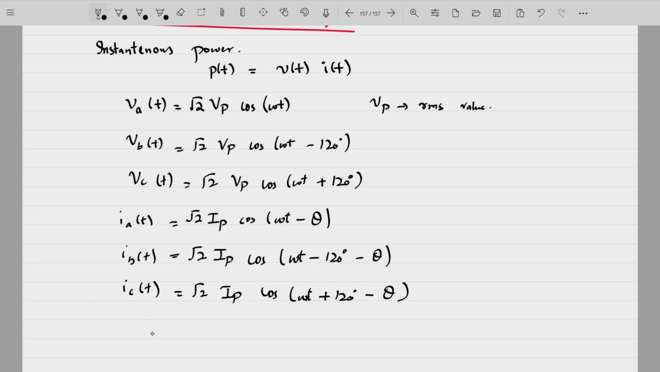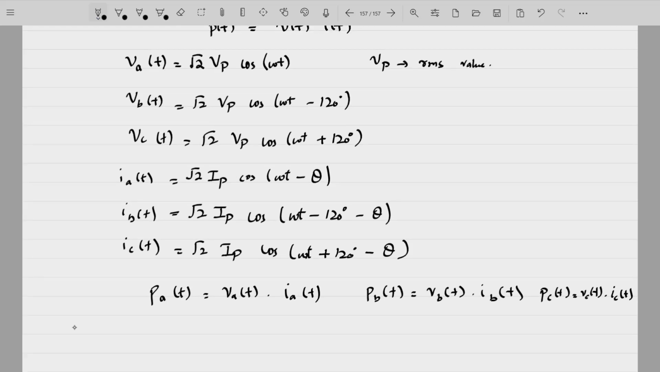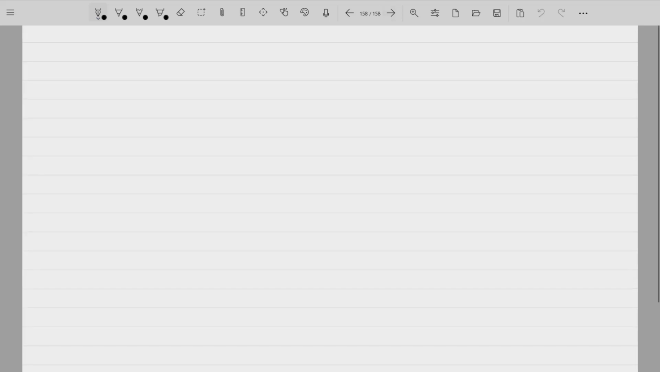Now in each phase, we can define the instantaneous power as, for example, Pa(t) will be equal to Va(t) into Ia(t). Similarly, Pb(t) will be equal to Vb(t) into Ib(t), and Pc(t) will be equal to Vc(t) into Ic(t). Now the total instantaneous power therefore will be